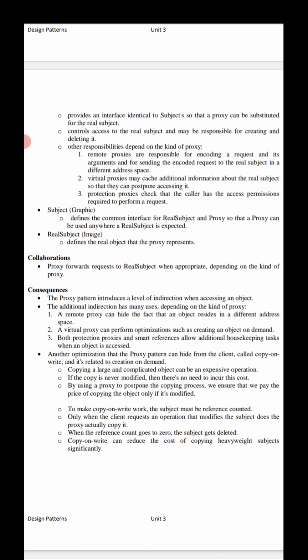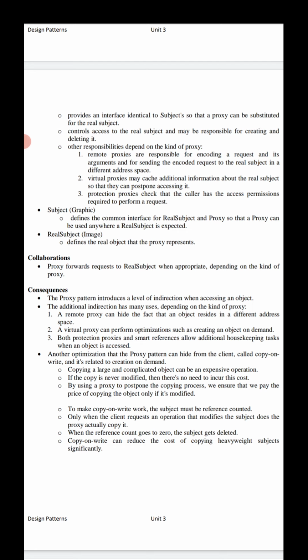The additional indirection has many uses, depending on the kind of proxy. There's another optimization that the proxy pattern can hide from the client. It's called copy on write, and it's related to creation on demand.